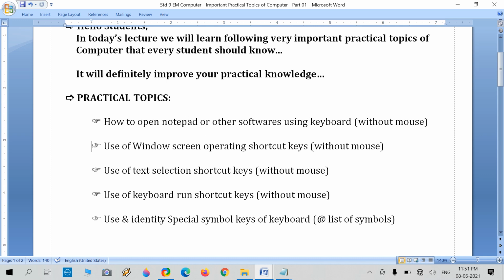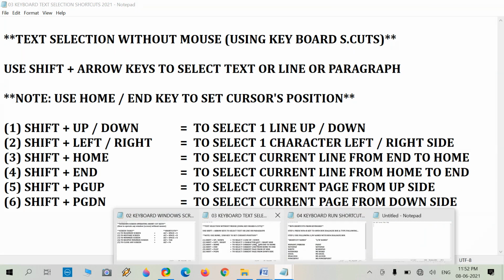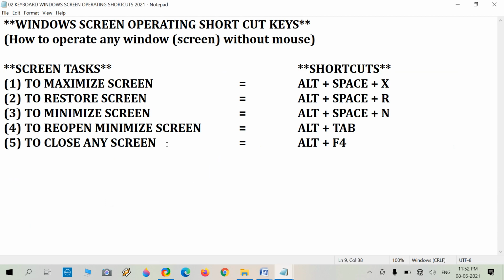Now move on to our second practical task: use of Windows screen operating shortcut keys without mouse. There are many different kinds of screens available in Windows.